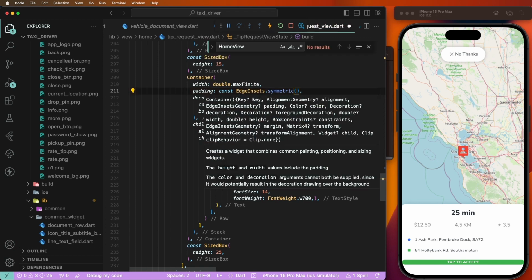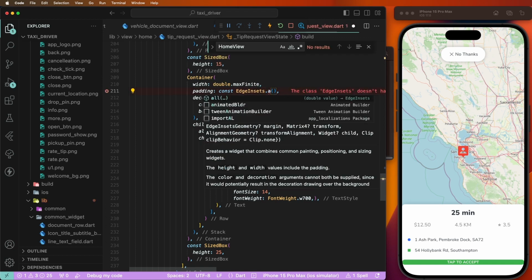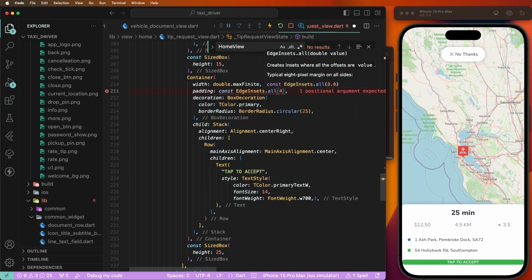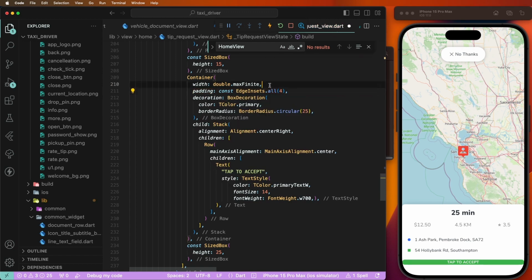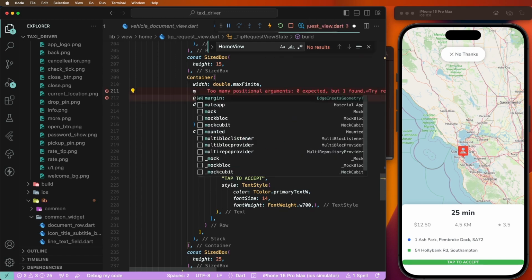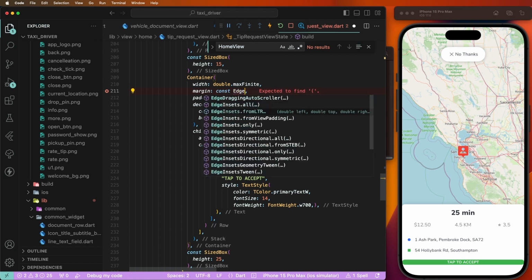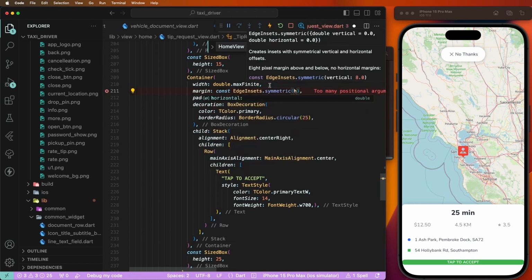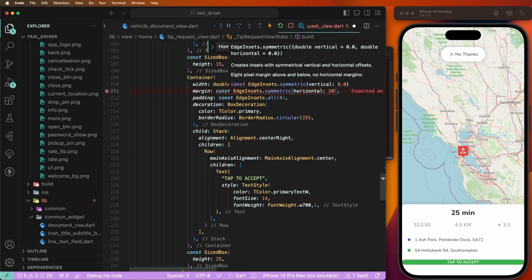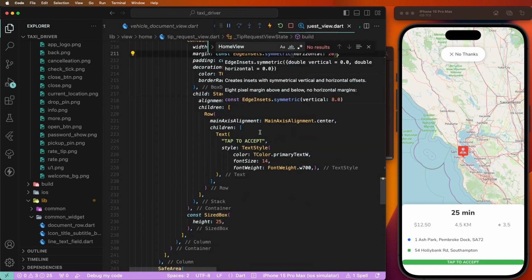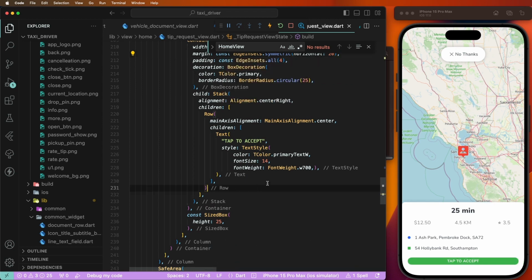Symmetric, not symmetric, set the value here. And now need to give the margins. Need to set the const edges inset. Need to set symmetric horizontal, 20, like this, sets the y, and need to save this. Now this is the displaying goods, and now need to create the end of the stack to develop this